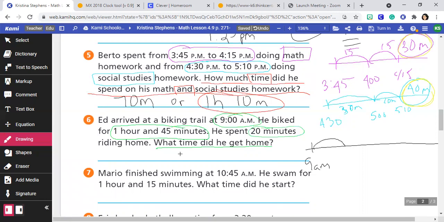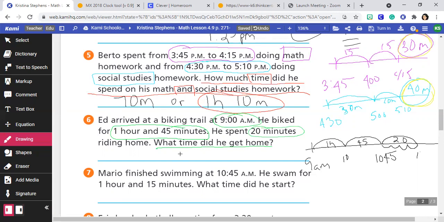So 1 hour makes it 10 a.m. and 45 minutes makes the time now 10:45. Then he spent another 20 minutes riding home. So if I move forward 20 minutes, what is our end time? Well, 10:45, I'm going to skip count. 45, 50, 55, 11,